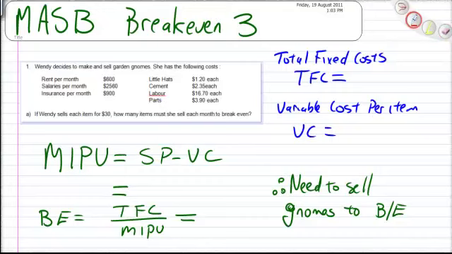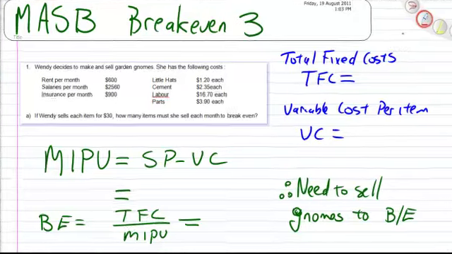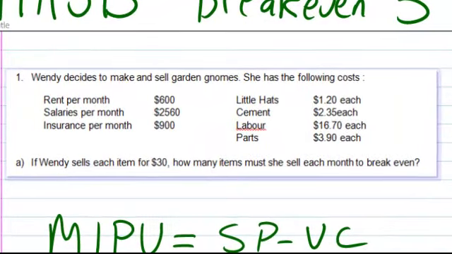Okay, here's a typical break-even question which you might stumble across in a test or an exam. We're going to run through how you do it, including all the calculator bits and what's expected in your answer. So Wendy makes some garden gnomes and she has the following costs: rent, salaries and insurance, and then little hats,